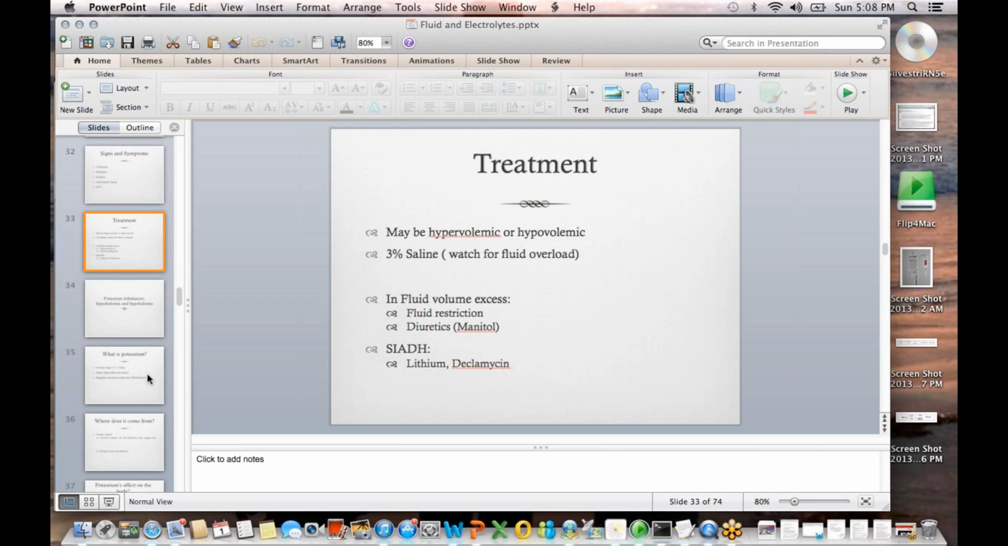So for this one, if it's caused by excessive fluid volume, you can do fluid restriction. If they have severe symptoms, you can give 3% saline, and watch for fluid overload, because it's a hypertonic solution, so it'll pull the fluid back into the cells. And then for SIADH, there are specific medications, but I think we're going over that with